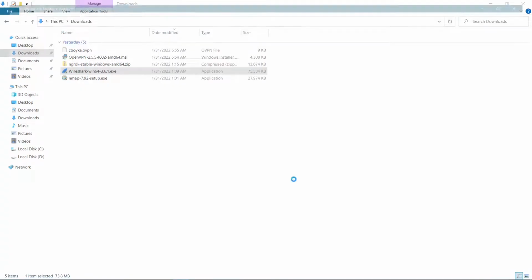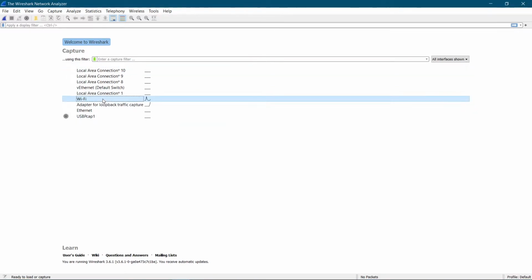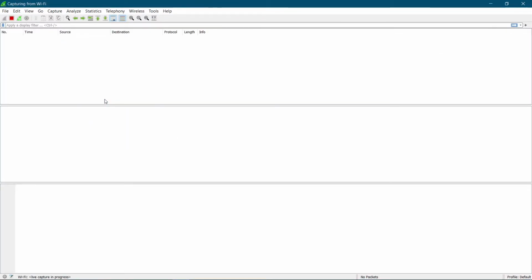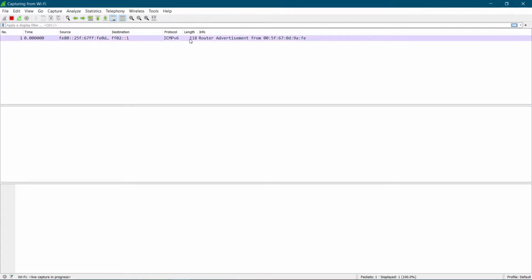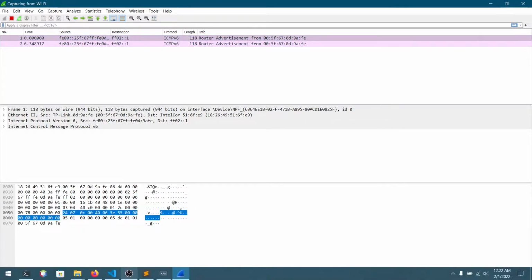Now let's jump into the Wireshark tool. This is the graphical user interface of the Wireshark tool. You can see a bar is running here, which is my Wi-Fi adapter, my Wi-Fi network interface card. If we jump into that interface, you can see some packets are transferring, some packets are going here and there. Here we have an ICMP packet. Let me browse